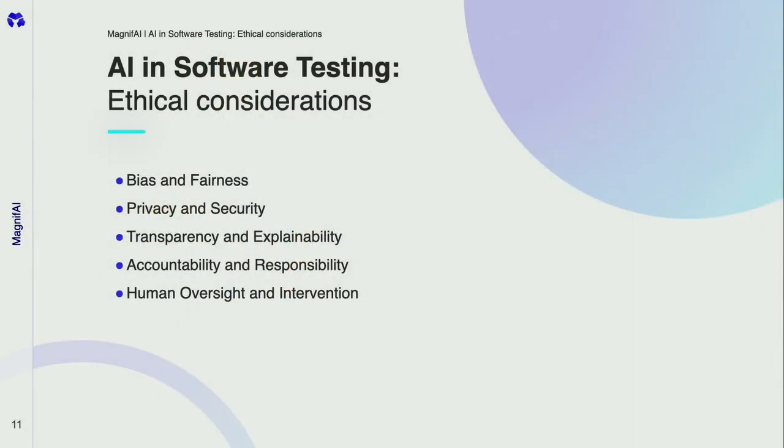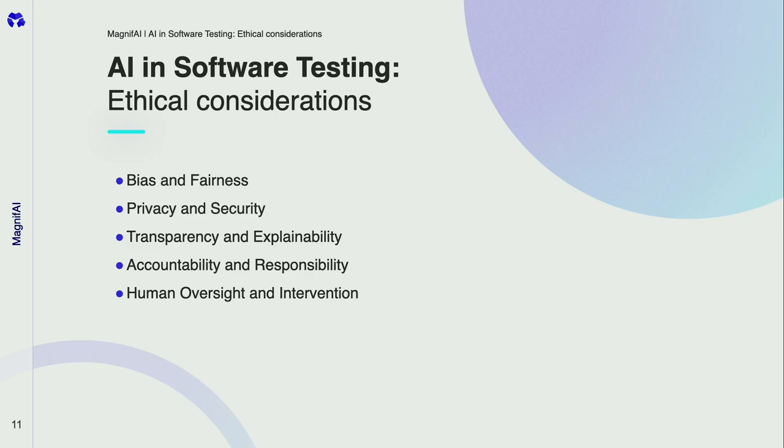One very important thing about AI is that there are a lot of ethical considerations behind it. It's not so easy to say, okay, I have AI, it will learn, it will take decisions, I will be here just in case you need something from me, bye. It's not like that. Why? Because, first of all, bias and fairness. Models can inherit bias from the data they are training on, and that can lead to results that have biases, and that is dangerous.